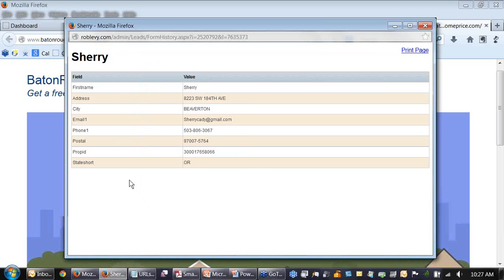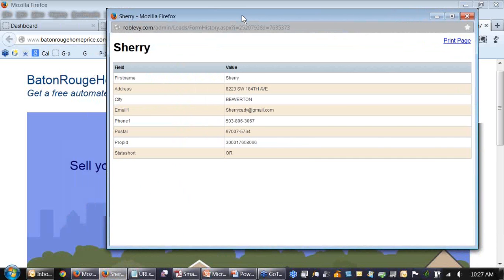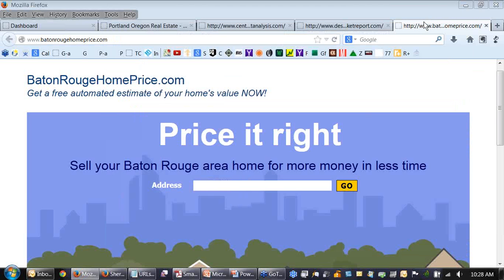So I popped up, actually, I borrowed this from you, Rob. This is one of your leads, and it's the data on what the lead named Sherry put in for the address. So you know that address, and you can simply pop this into your own SmartZip blank and get the estimated value just like she would. You must have just done that because I listed that house 2 weeks ago from this form, and we actually got an offer accepted on it on Tuesday. So I added it about 5 minutes before we started today. Okay, yeah. I wanted to make sure to have that data in there.